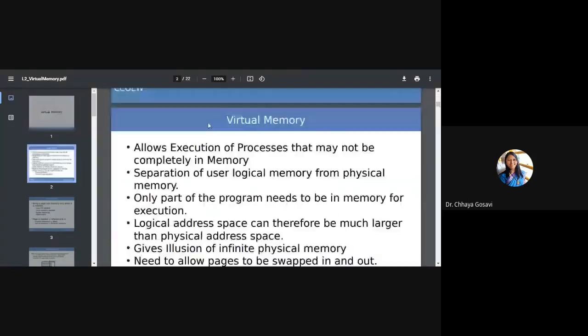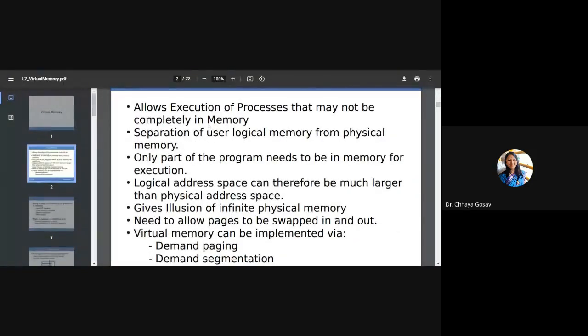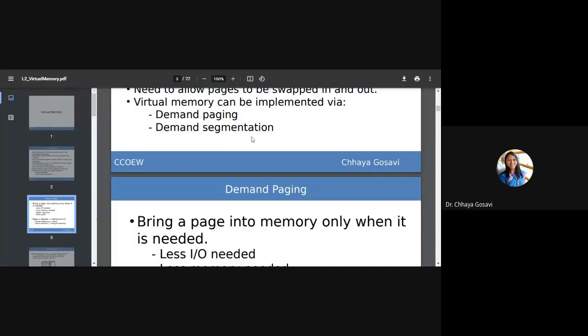We started with virtual memory. Virtual memory is an illusion to every process or user that it has complete access of memory. The complete process cannot be loaded in main memory, and it is not required to load it for the execution. Only required pages will be brought into main memory. So many processes can be allowed to reside in main memory at a time. This will increase the degree of multi-programming. Virtual memory can be implemented with demand paging and demand segmentation.